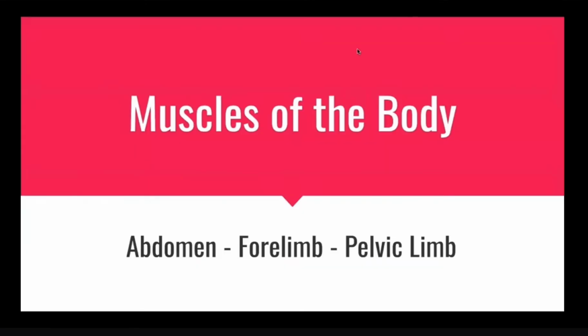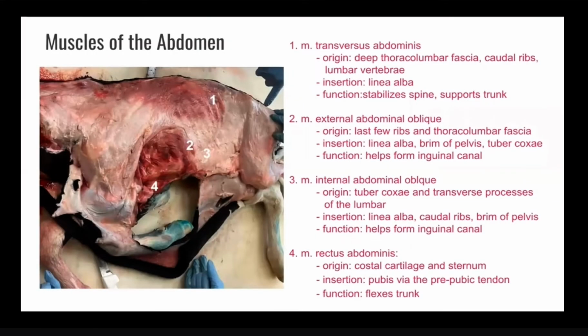This section looks at muscles of the body, which include the abdomen, forelimb, and pelvic limb. The abdomen consists of four muscles: the transversus abdominis, external and internal abdominal obliques, and rectus abdominis. The transversus abdominis originates from the deep thoracolumbar fascia, caudal ribs, and lumbar vertebrae. It inserts into the linea alba and acts as connective tissue, which helps to stabilize the spine and support the